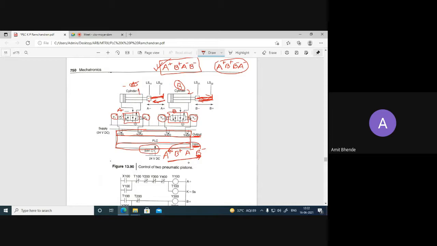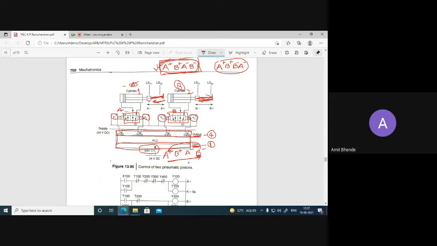Now, in this particular application, how many input devices are there? Only one input device, that is the switch SW1. And how many output devices? 4 output devices, the 4 solenoids. So 4 output devices and 1 input device. And by using this 1 input device, you need to control the motion of these two pneumatic cylinders in this manner, A plus B plus A minus B minus.